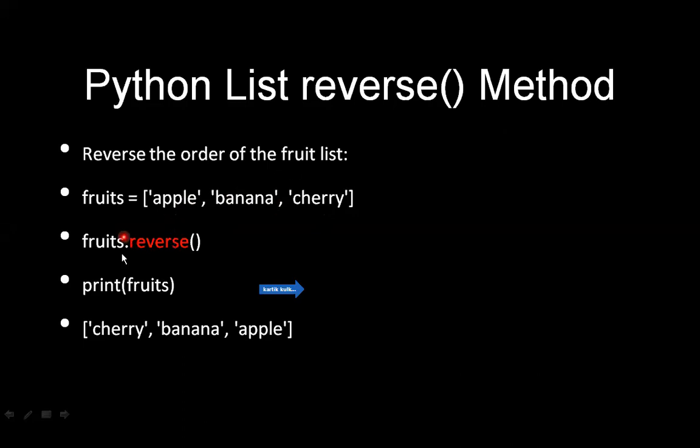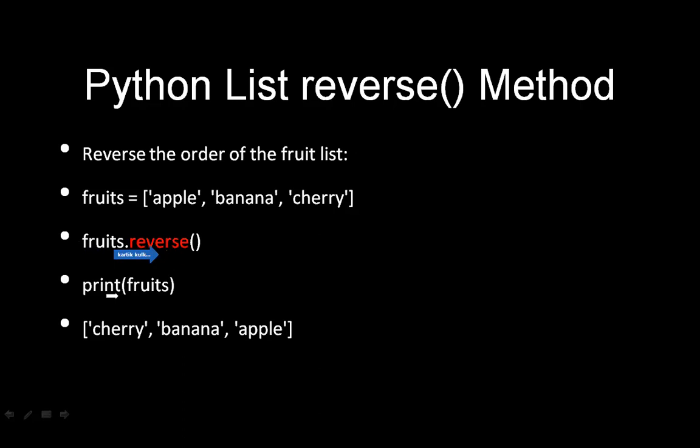Okay, so what is the syntax, or what is the statement that helps in reversing any given list? This is the statement, the arrow statement which you are seeing in the slide. So what is the syntax? The list name, here I have specified fruits as the list name, so I specify fruits, and then dot, then the method name. The method name that I am using here is reverse. So list name dot reverse.